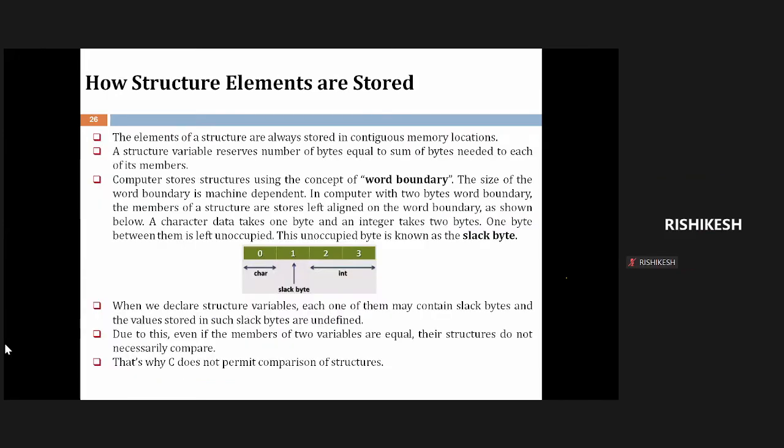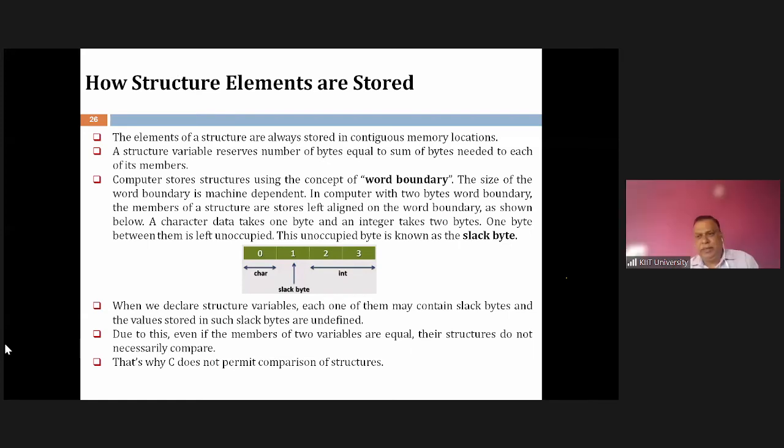Then the slack byte, which is very important sometimes, as I told: how many bytes are actually allocated? If you go to an integer, let me give an example here. I declare an array. If it is an array of integers, and the system takes an integer as 2 bytes, so if we have 10 elements, it takes 20 bytes. If I declare an array, let us say a of 10, it takes 20 bytes, which doesn't happen in the case of structures.